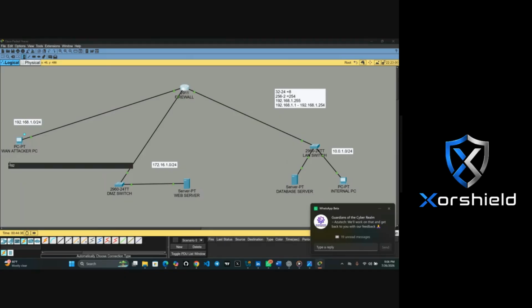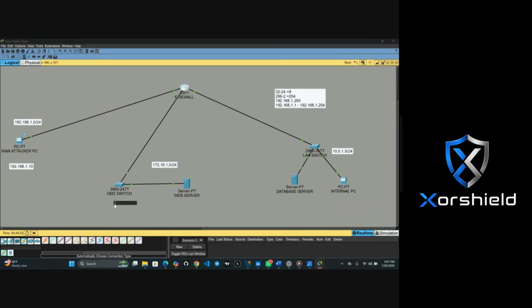Use this one: 192.168.1.10, I'm using 10 for that. Then this DMZ, I'm using 172.16.1.10.